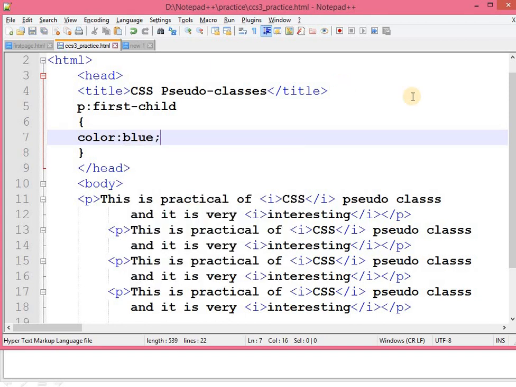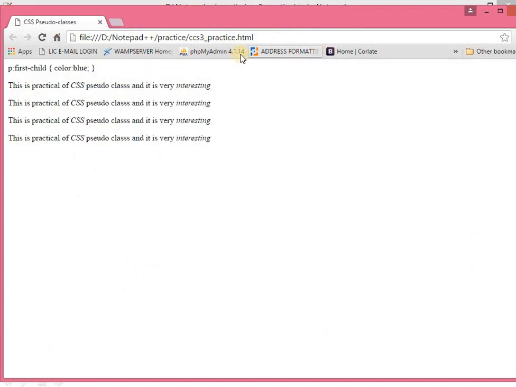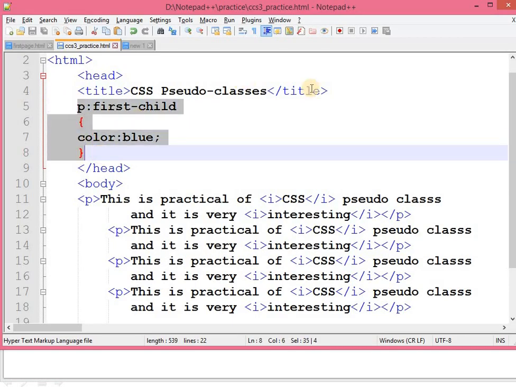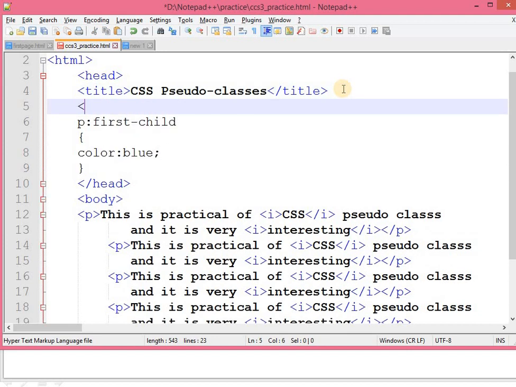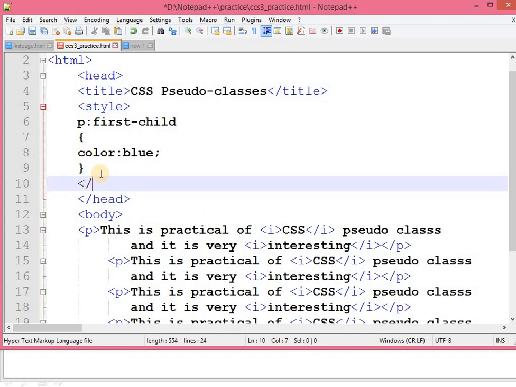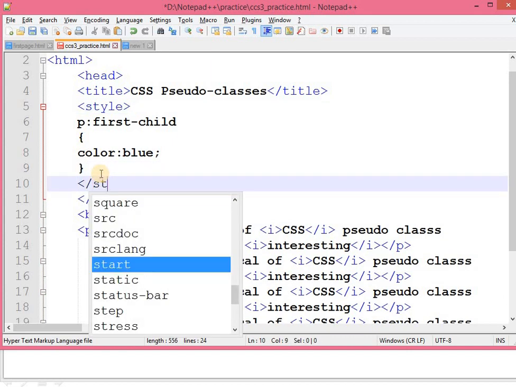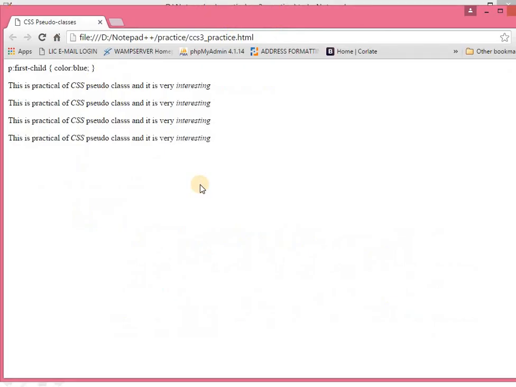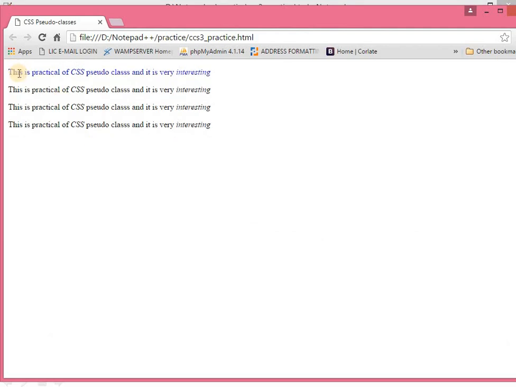Okay, save this and just run. What I forgot is, I thought I had included the style tag. This is the type of mistake you can make, so learn from mistakes also. Okay, save this. Okay, you can get it.